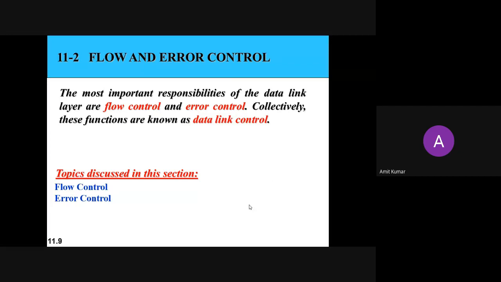Okay, so now we move to the second topic, that is flow and error control. This is very much important when you are sending data from one node to another node. For example, the first node is sending data at 10 kbps, but the second node is not capable of receiving the data at that speed. So mutually, they have to understand that he can't send the data at that speed. You need to work on that protocol, how he is going to manage the data.